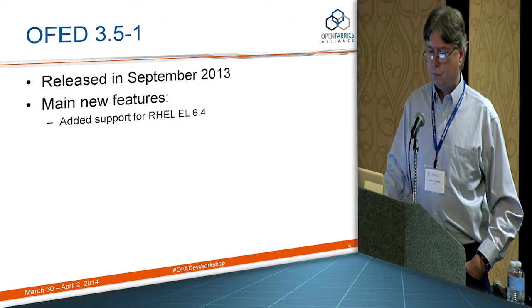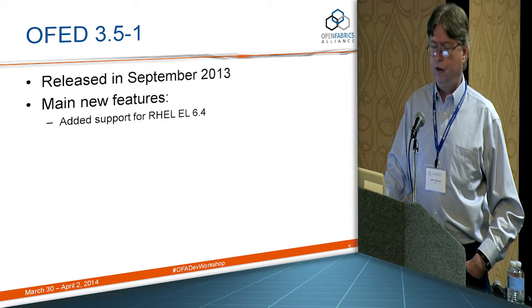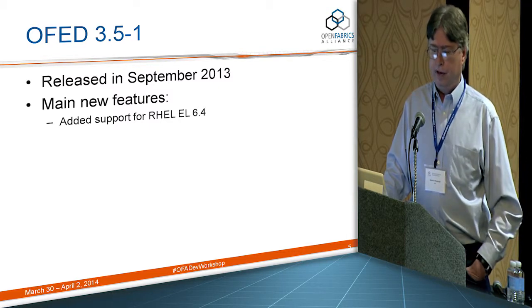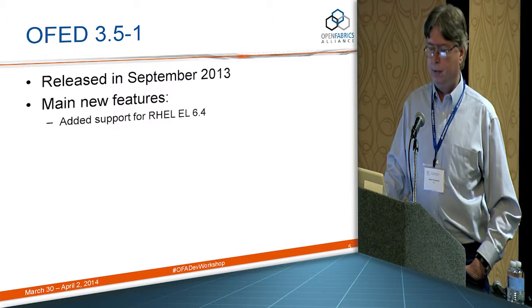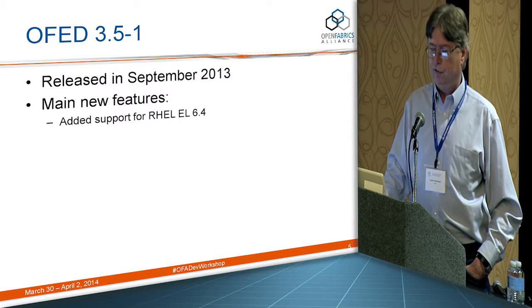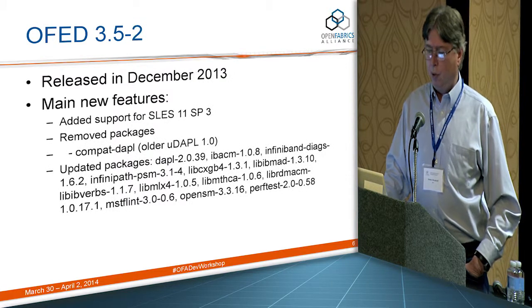So the first one was OFED 3.5-1. Not very many new features, but it was primarily just to support the newer Red Hat EL 6.4 release that came out after 3.5. That was just a quick update for that. Then we went on to